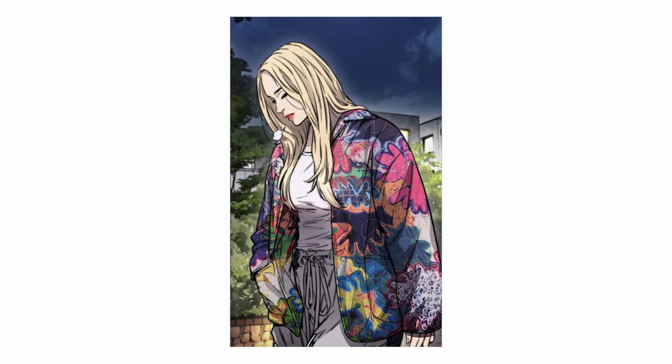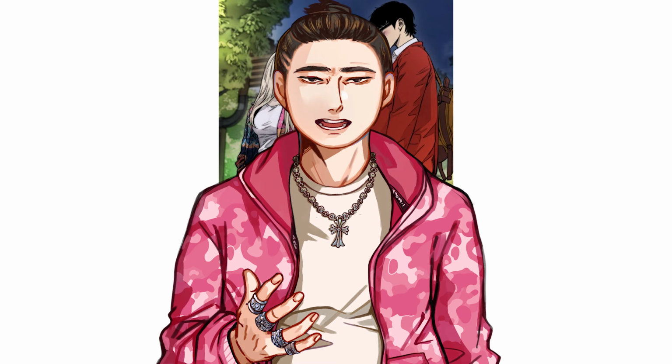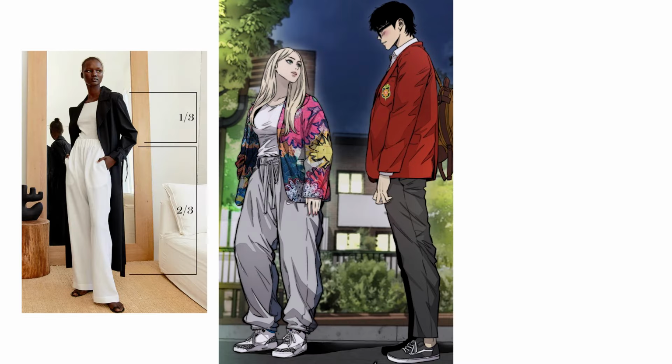Here, we have Shelly tucking in her singlet, pulling up her Nike sweatpants to be high-waisted. This once again gives Shelly the appearance of longer legs, and looks even better with her oversized jacket. This gives a super pleasing cohesion, using the rule of thirds to give good looking proportions, whilst also being super